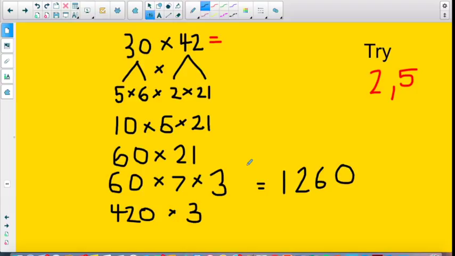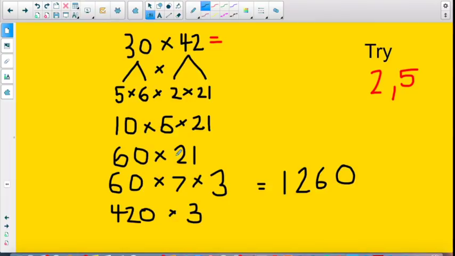Okay, this is what you should have gotten, or something like this. I wonder if you got this as your final answer. What I did was 30 times 42. I broke down 30 into 5 times 6, and 42 into 2 times 21. And this 2 and this 5 here I moved over here to give me this lovely 10, because that's 5 times 2 is 10. Then I just carried that 6 down there and moved that 21 down. So that became 10 times 6 times 21, which became 60 times 21,